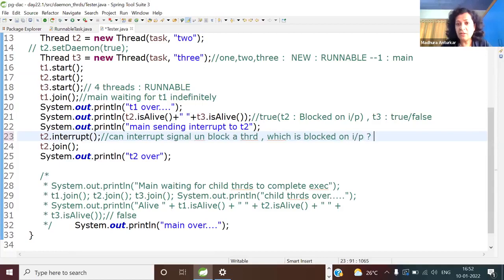All these are favorite questions. It's a Boolean question. What's the answer? I want multiple answers, not just one. Of course, no, capital no, absolutely not. So which is the only unblocking trigger for a thread which is blocked on input?